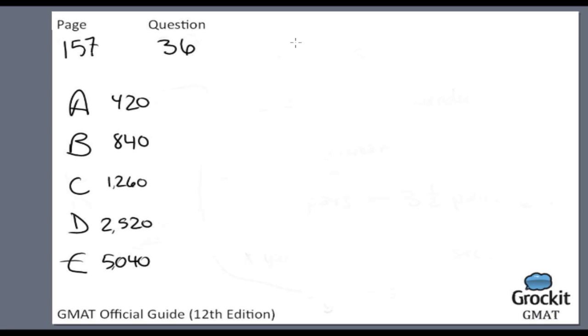Integers 1 through 7 are 1, 2, 3, 4, 5, 6, 7. Do note that this would have been a different question if it had said the lowest positive integer that is divisible by each